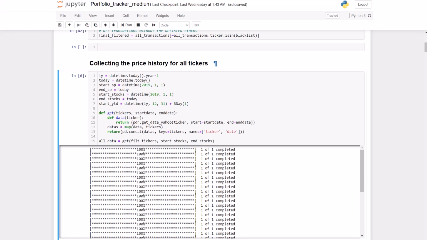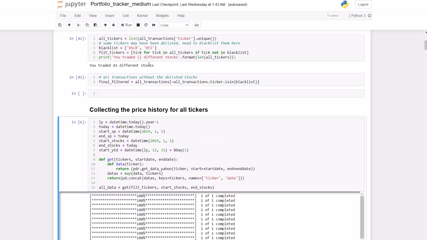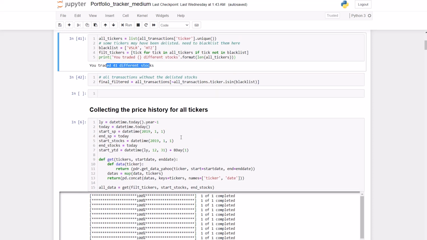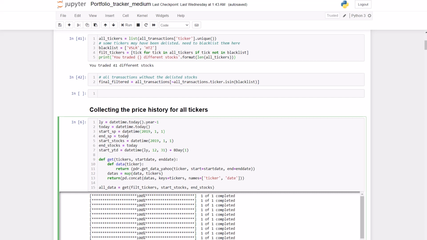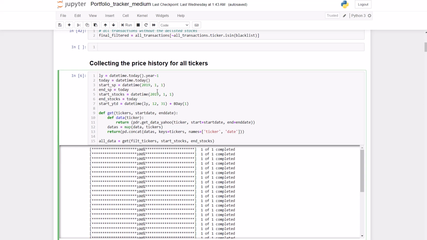Okay, next up we have collecting the price history for all tickers. So we're going to collect some price history for your 41 stocks. Okay, we defined some dates. This is needed just to make it easier for you to set up the time ranges, the time frames that you want to search. You can use these variables right here, and you can also use this function,